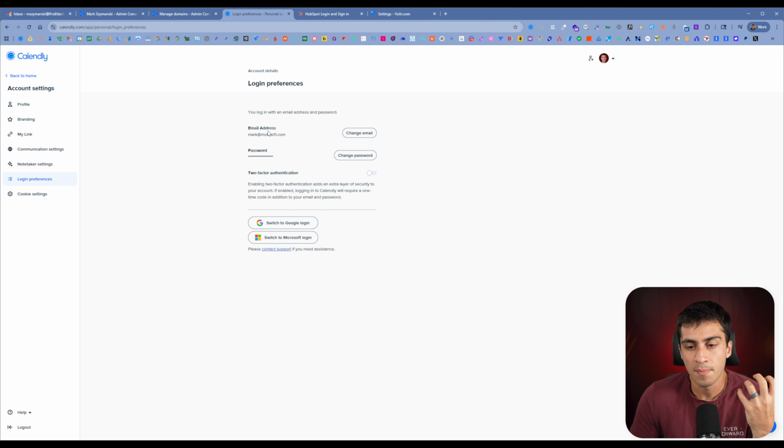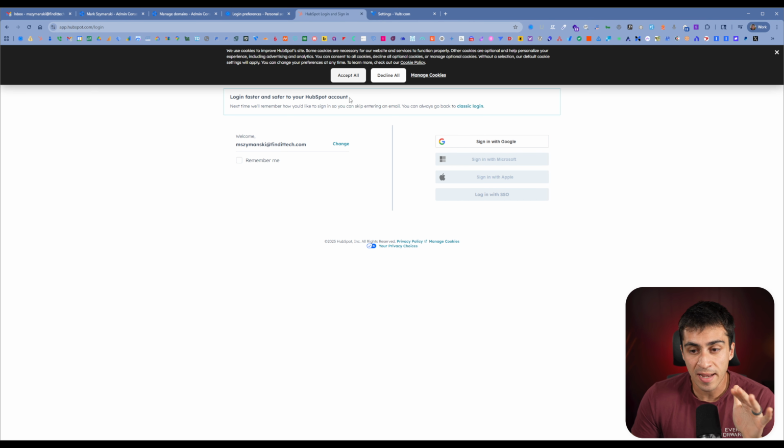I like doing email and password if I can, because then you have the most flexibility. If you ever change your email, you literally just put in the new email, you verify it, boom, you're done. In the past, you would have had to use Google or Microsoft, unless it was a random email, but most emails fall under one of those two categories, right? So with Calendly, it's easy now, but with something like HubSpot, there's no way